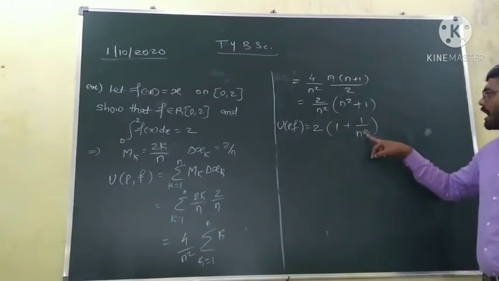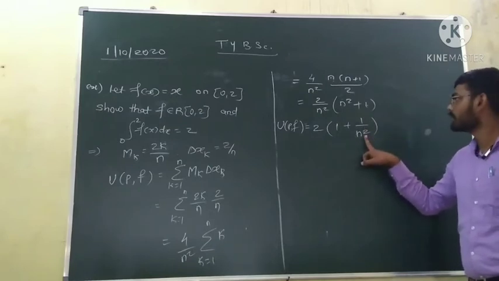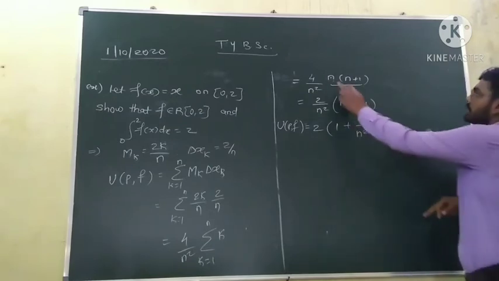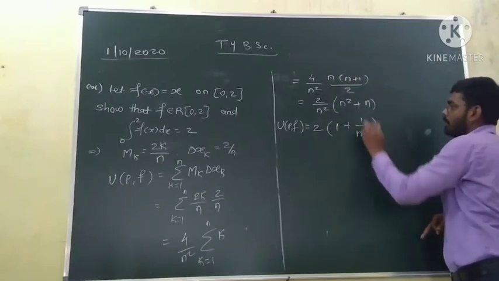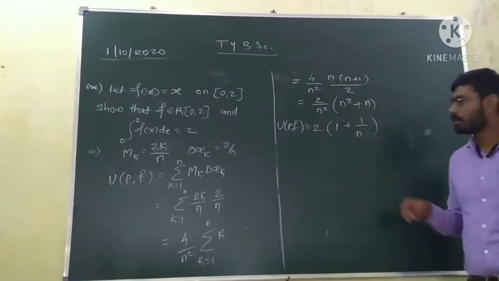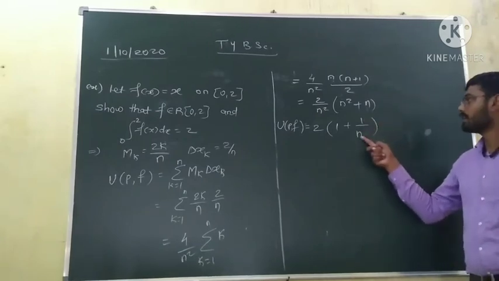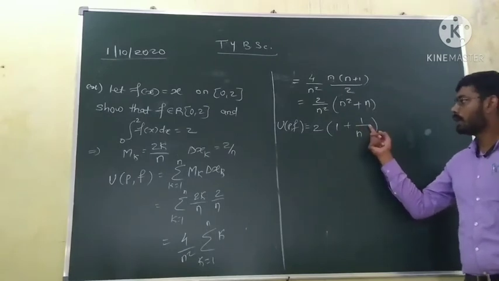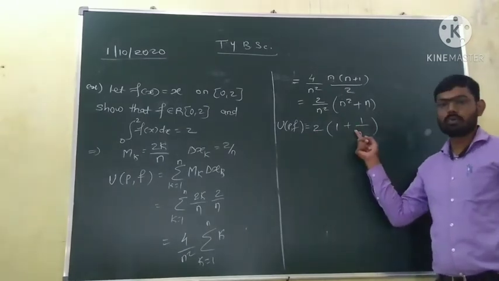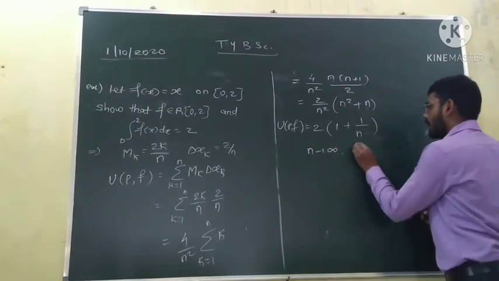Now again see, as n tends to infinity, 1 by n square tends to 0. Sorry, here n into 1 must be n, so n upon n square must be 1 by n. So again, as n tends to infinity, 1 by n tends to 0. So 1 plus 0 is 1, and 2 into 1 is 2. So as n tends to infinity, our upper sum